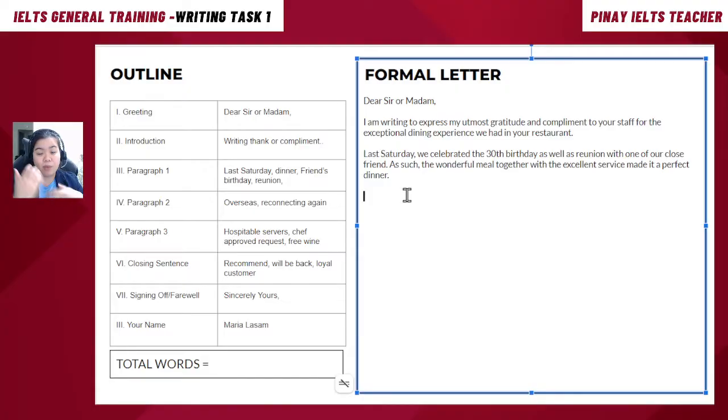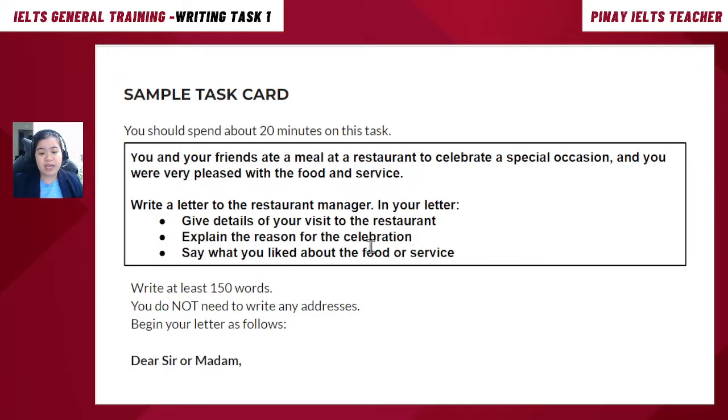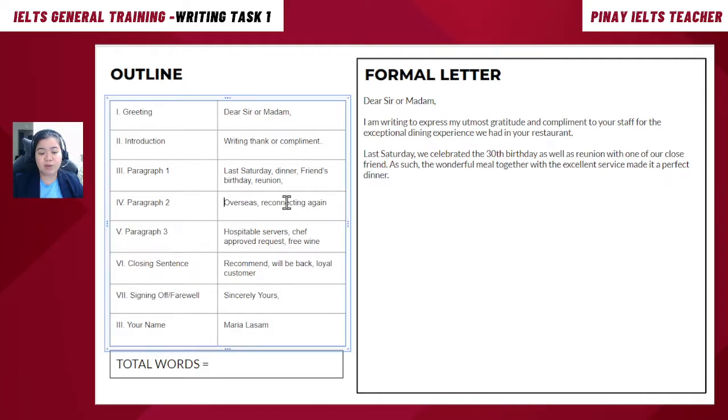And because of that wonderful meal together, it was perfect altogether. That's just what I wanted to say. For paragraph 2, it's saying explain the reason for the celebration. What I wrote in the outline is